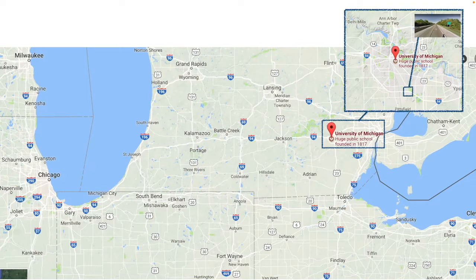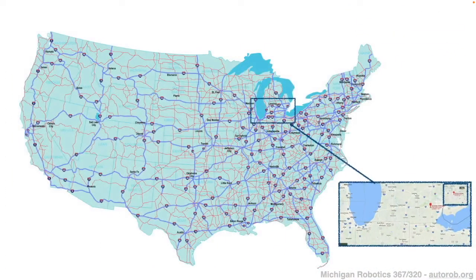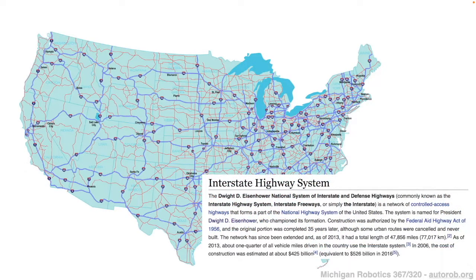Sort of lucky for us, there's an existing map of the robot's environment and of the configuration space, which is given by the interstate highway system. The actual interstate highway system is a very nice representation for configuration space of an autonomous car, because it includes all the possible locations that the car could exist safely or in a valid state for